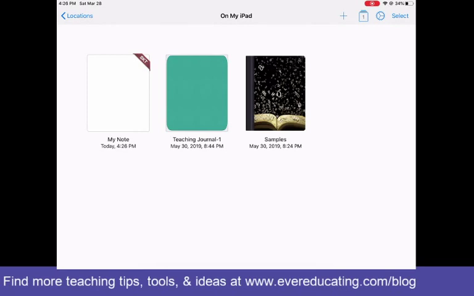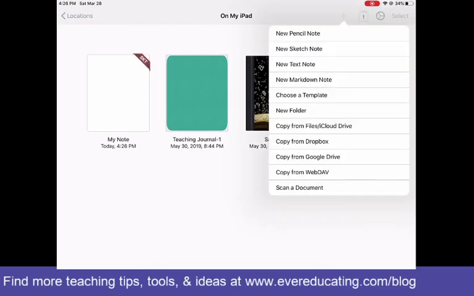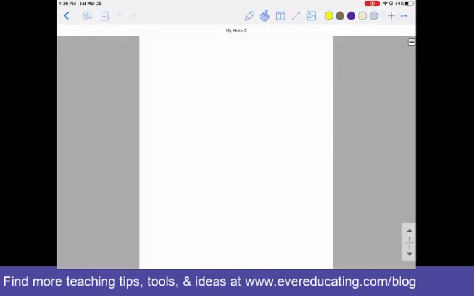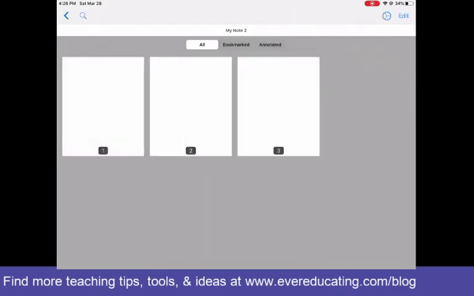So you're going to press this plus button, and then New Sketch Note, because that's what you want to use as a whiteboard in order to actually write with a stylus or with your finger. So it comes with 3 pages in portrait mode. So to make some changes, you can go ahead and click on the top left. You want to look at all the pages available. And then on the top right here, if you click edit,